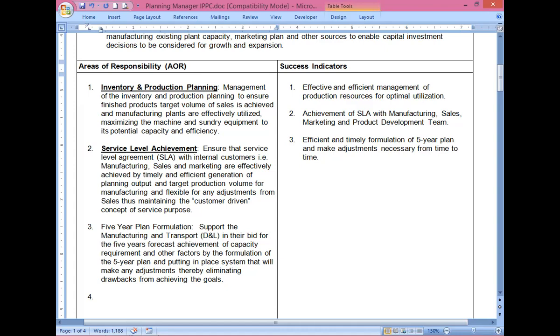You have to have clear-cut systems and procedure. Okay, so in terms of formulation of systems and procedures,